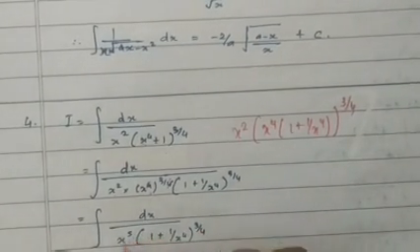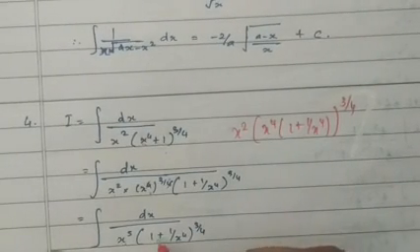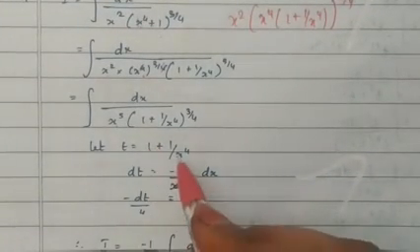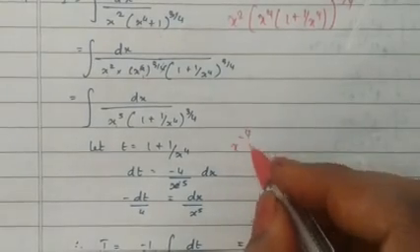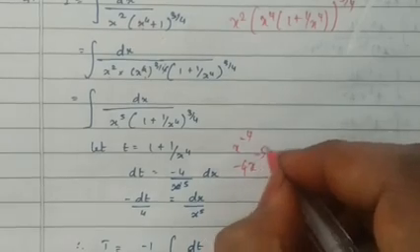Now you should think of it. You have x power 5 here, 1 plus 1 by x power 4. Therefore you need to take t to be 1 plus 1 by x power 4. When you take t to be 1 plus x power minus 4, dt will be, this will become 0. Here it is x power minus 4. When you differentiate it, you will get x minus 4 the whole power minus 5.